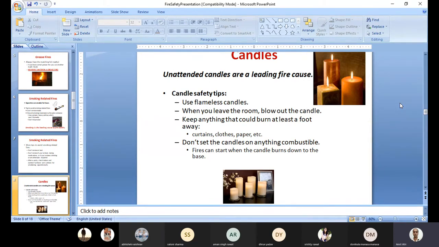And the most common case is clothing. Curtains are mostly used for decoration. Very decorative types of curtains we are using. Here, in the present scenario, only two types of situations are there. In the case of a party hall, candles could be there, and at the same time curtains or decorative clothes, papers, or other showpieces could be placed near a candle, made of wood or covered by some clothing or textile. So these things should be kept at a safe distance. At least 1 foot away.